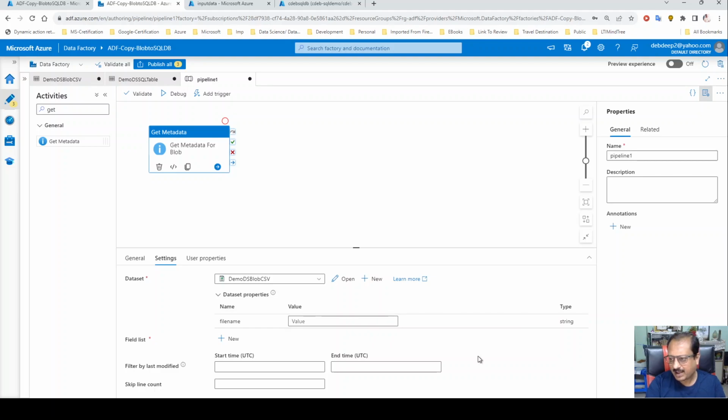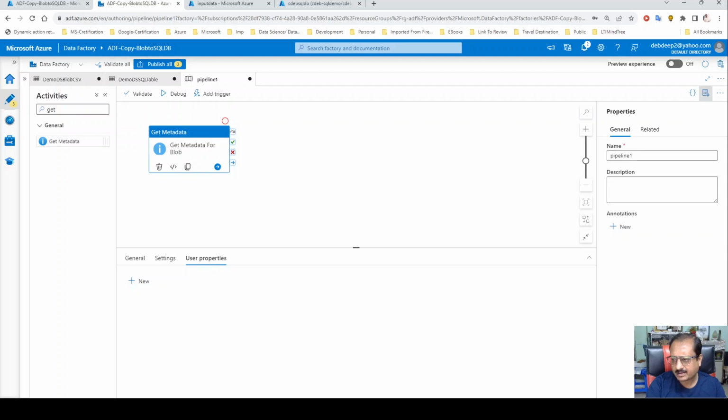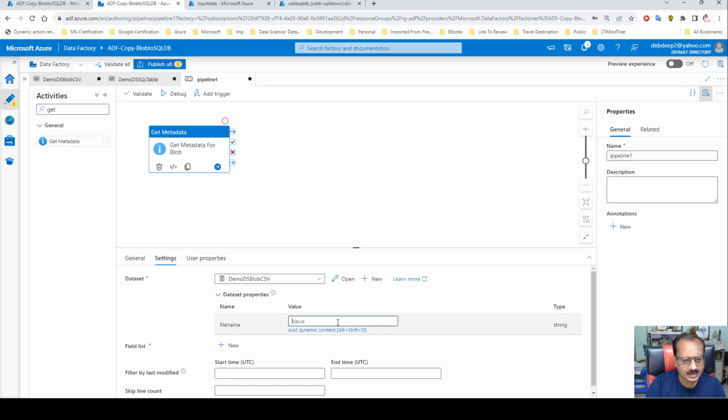So the value will be coming for this. Let me go to the for each loop, then I can explain you more. Under user property you don't have anything right now, you don't need to have. Under settings, that is the value. Now the question is that